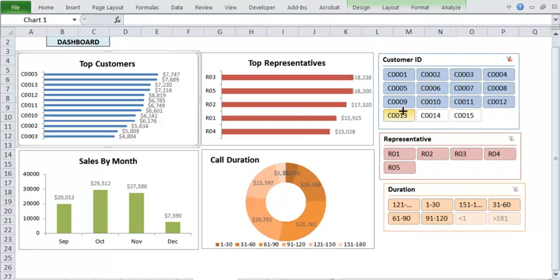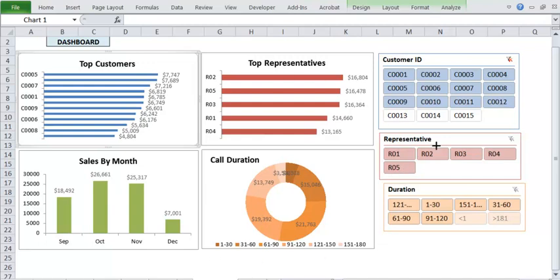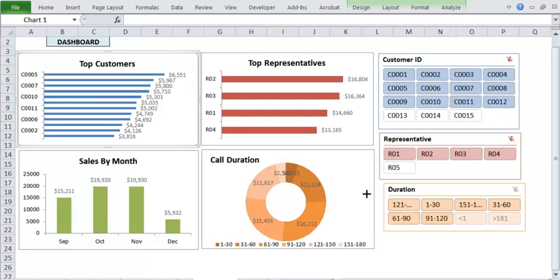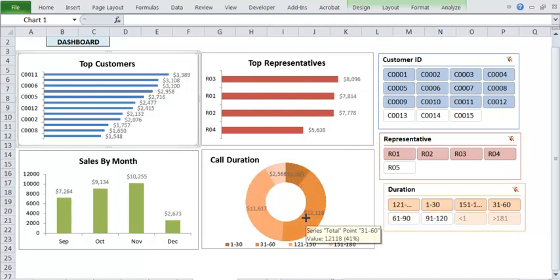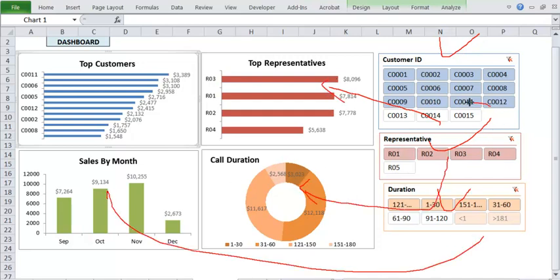It is not that only one chart is changing, every chart is changing. If I want only representative 1 to 4, I can get that. If I want duration like this, I can get that. So these filters or these slicers are linked to all these charts.